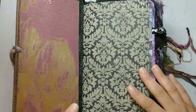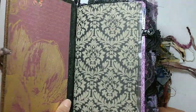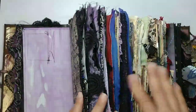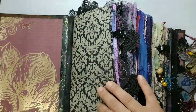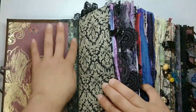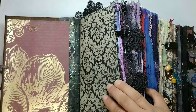So, I don't know how easy this is going to be to show, or if I should lay it flat, it's going to be a little tricky to see everything. There's a little sneak peek of what is to come. But for the inside, like I said, there is a tutorial on how to build this whole cover, but you can see I just kind of inked up this back piece with some, I didn't ink it, I painted it